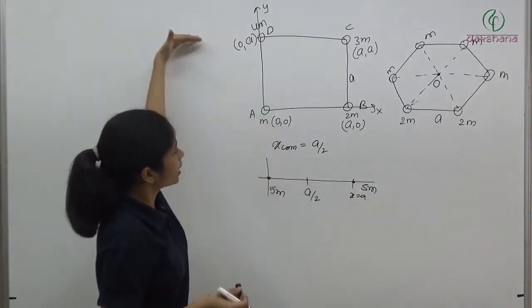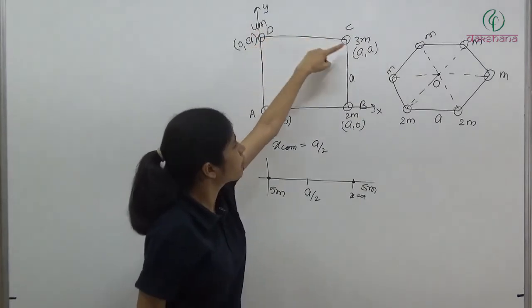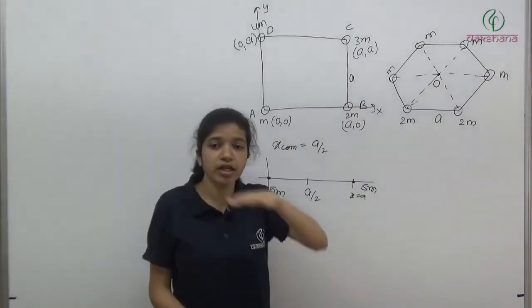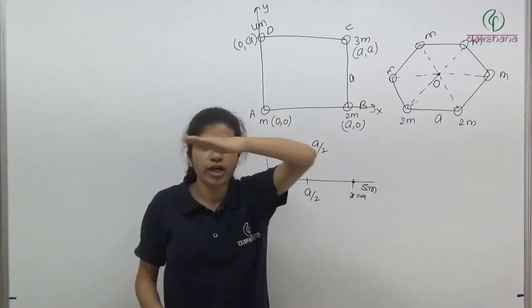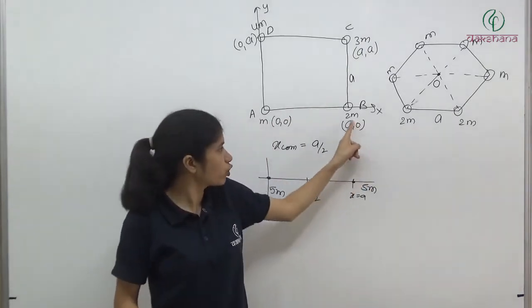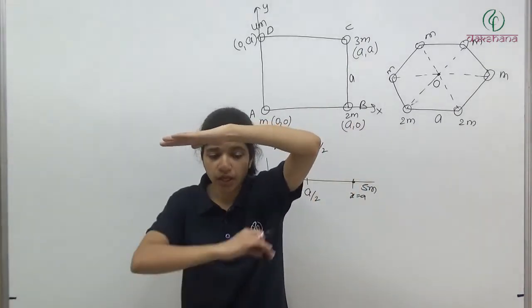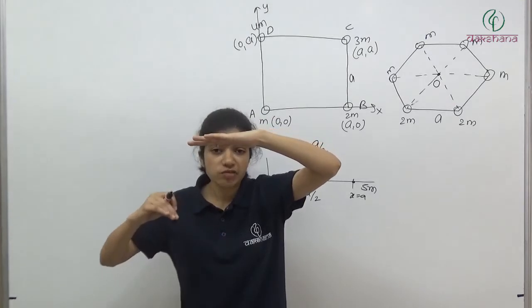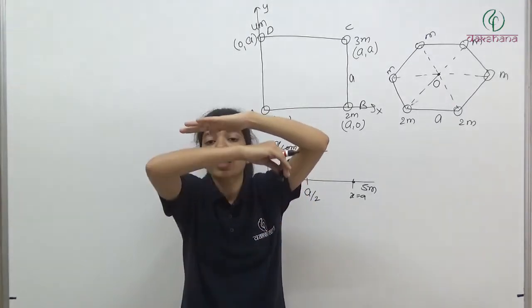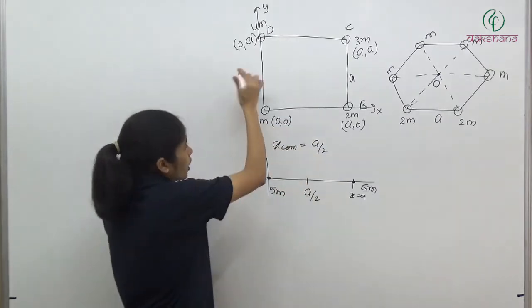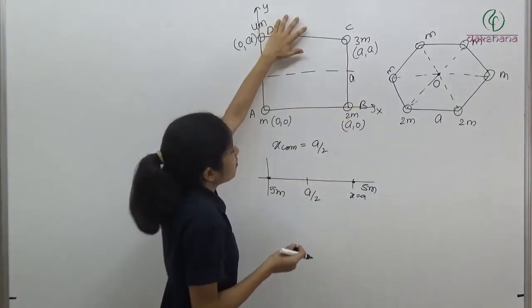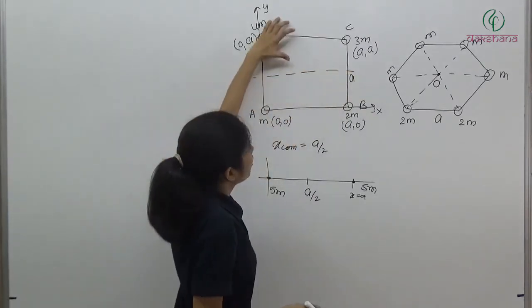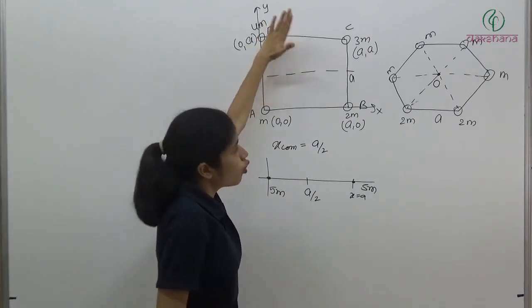Now if we look at y, at this particular y we have how much mass? 4m plus 3m, 7m. When you are talking about height, vertical displacement, it is the y location. So at this y location we have 7m, and at this y location we have 2m plus m, 3m. Where will the mass density be more? At this side the mass density is more. So the center of mass will not lie exactly at the midpoint, it will lie somewhere above the midpoint. If we had 5m here and 5m here, or 7m here and 7m here, it would have lain on this line. But now we have more density of mass here, so it will lie a little above this.